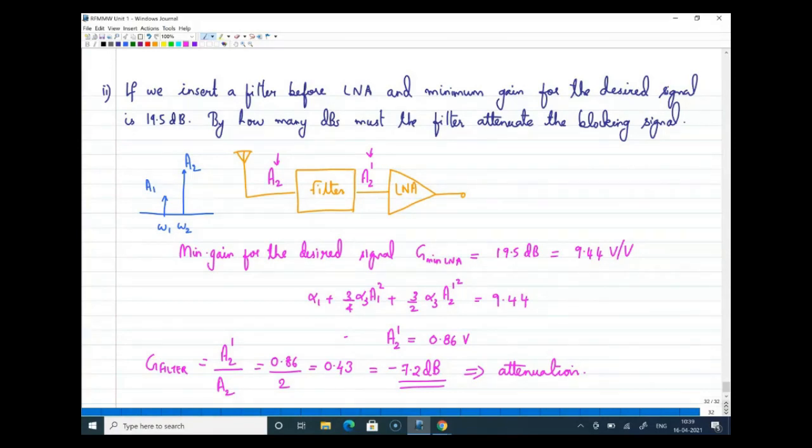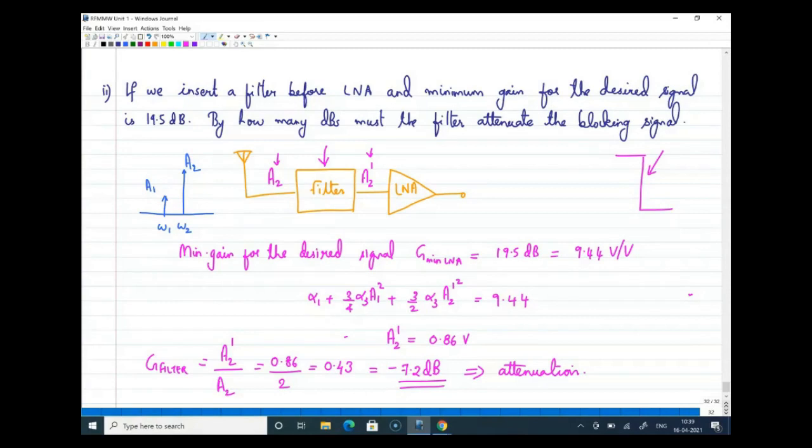Now, that is the expectation, but when it comes to reality, there are a lot of design things we need to understand when we place a filter at the front end. The very first thing is, I have no option actually to have a filter having this kind of response. We call this a brick wall response, right? I cannot get a